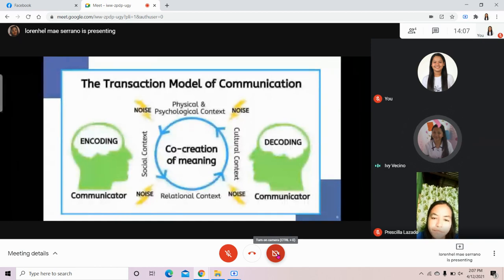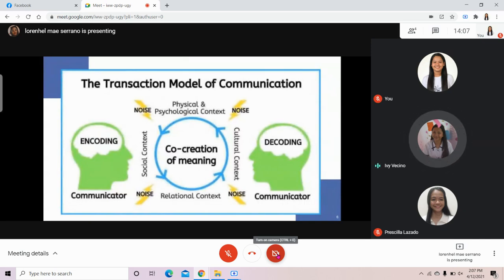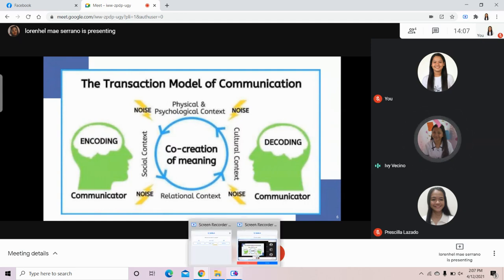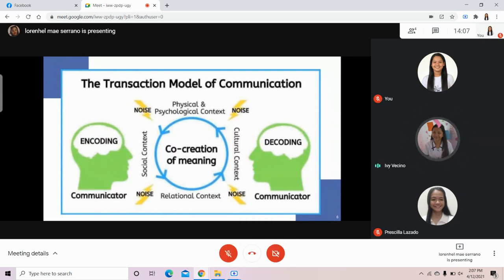Relational context includes the previous interpersonal history and types of relationship we have with the person. We communicate differently with someone we just met versus someone we've known for a long time. Initial interactions with people tend to become more highly scripted and governed by established norms and rules. But when we have an established relational context, we may be able to bend or break social norms and rules